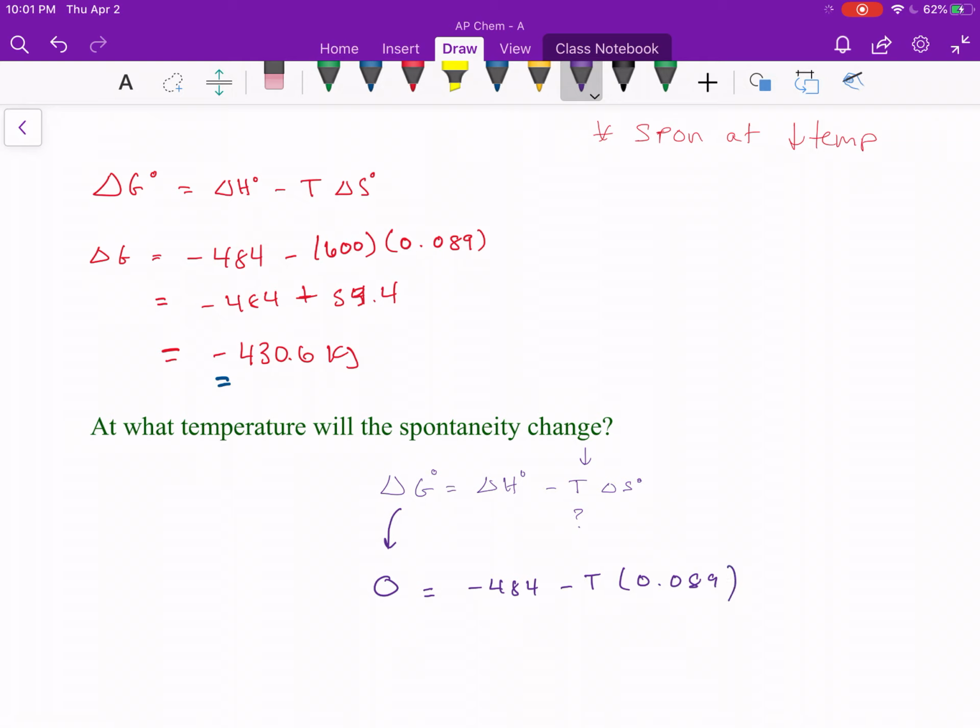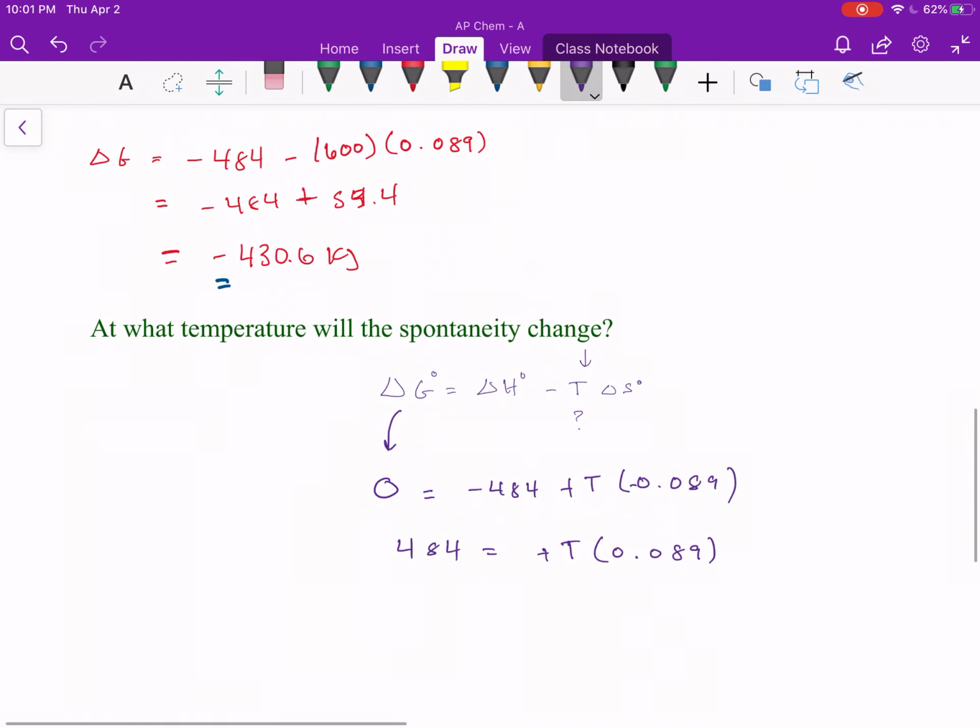And so we're going to get a positive 484 equaling negative T times 0.089. I'm sorry, that should be a positive sign because that's negative. There you go. That makes more sense. Sorry, guys. So now T is actually going to be equal to 484 divided by 0.089,